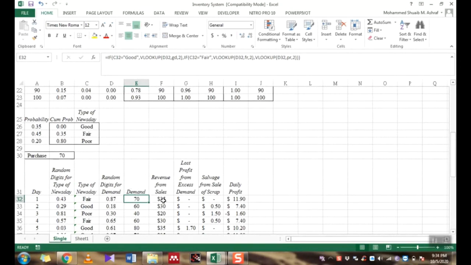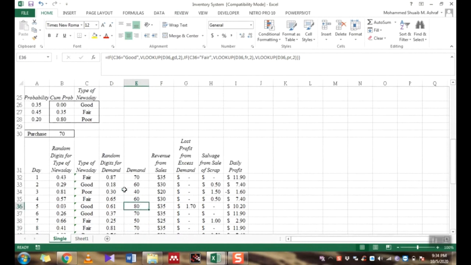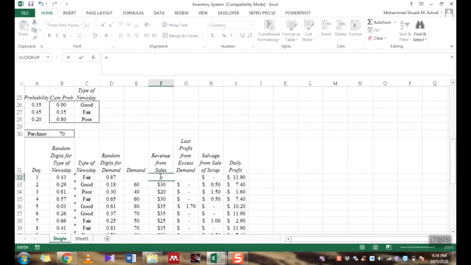So how many newspapers a day can a shopkeeper sell? Maximum 70, because 70 newspapers are purchased per day. Demand is 70, so he can sell 70. But here the demand is 60. So how many newspapers will be sold? 60. Here the demand is 40. So how many newspapers will be sold? 40. Here the demand is 70, and you have 70 newspapers. So how many will be sold? 70. So the formula will be